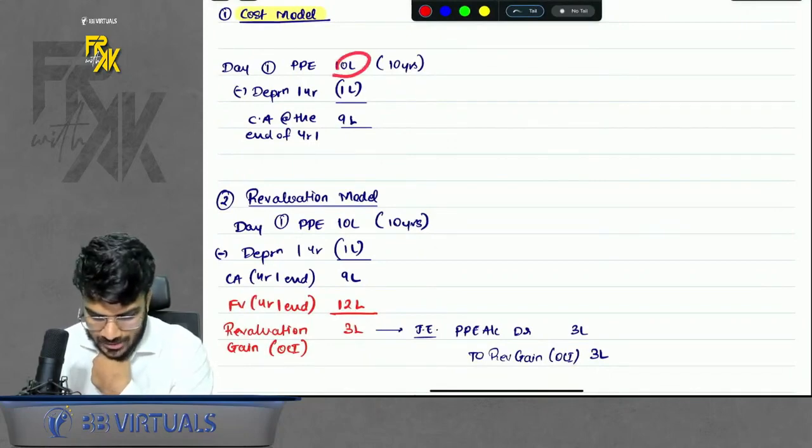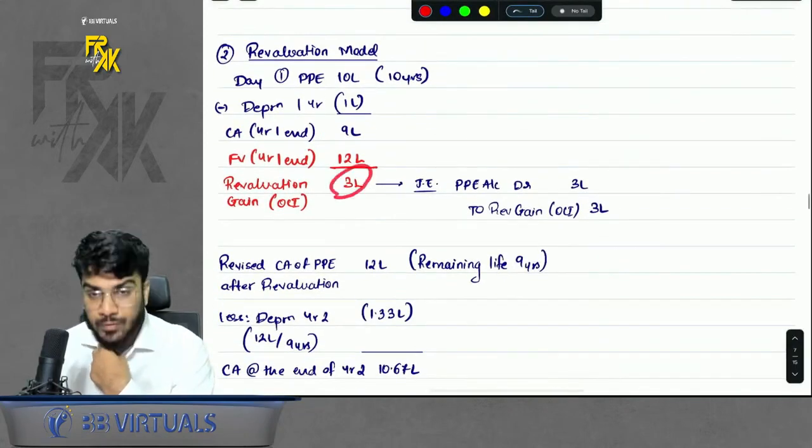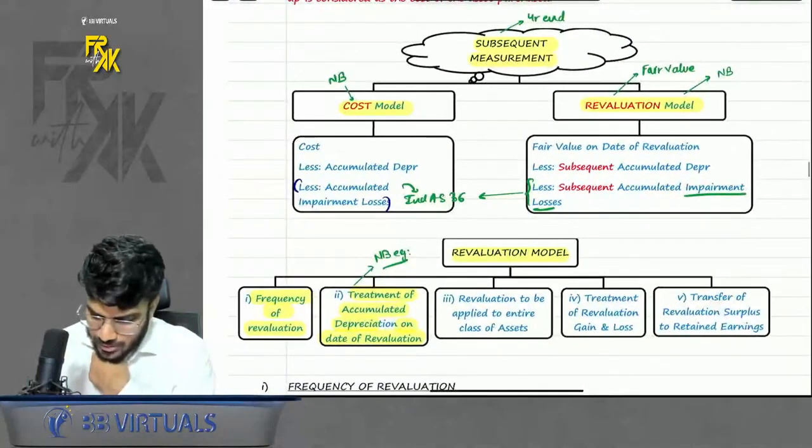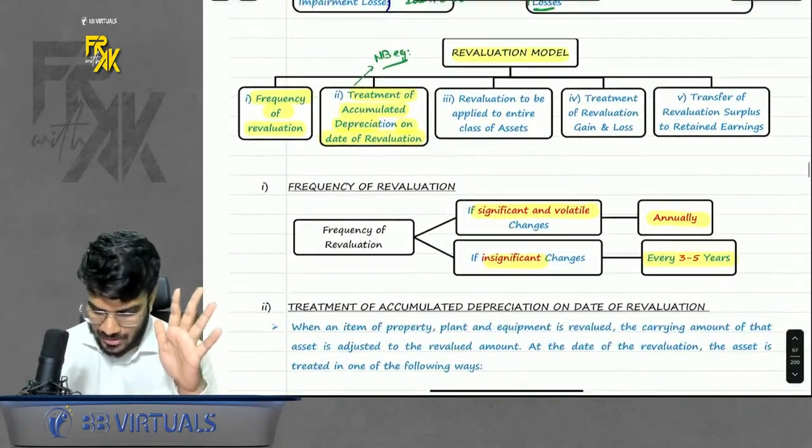You will keep it at cost less depreciation. In the revaluation model, you will keep it at fair value. So you will have to book the revaluation gain or loss respectively. If you are choosing this model, you have 5 points to be discussed, out of which 4 we